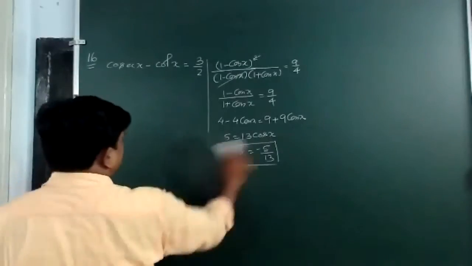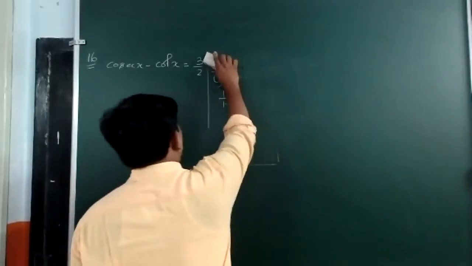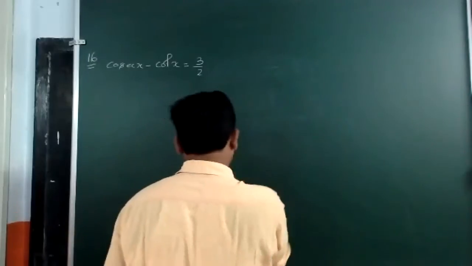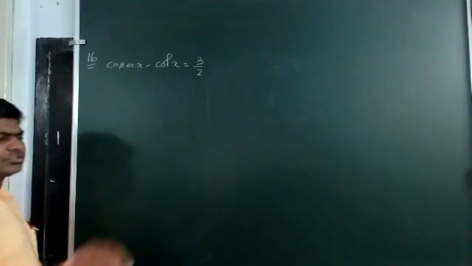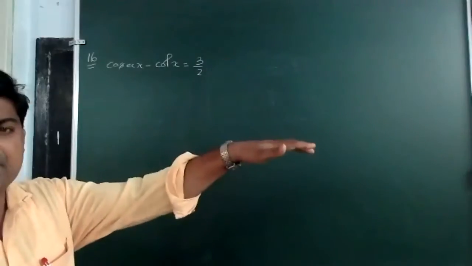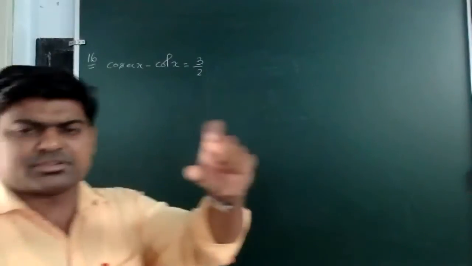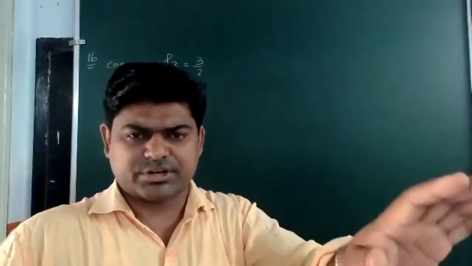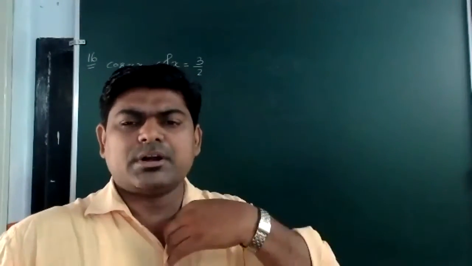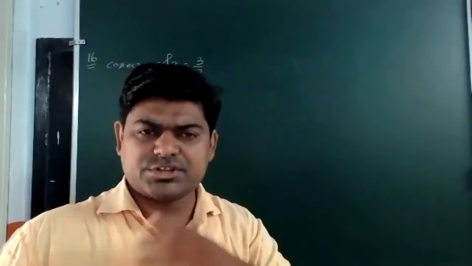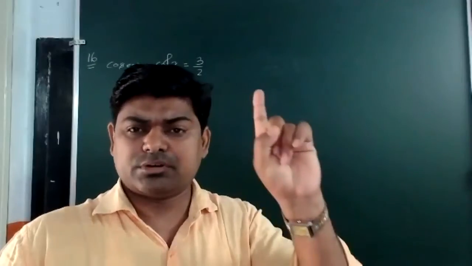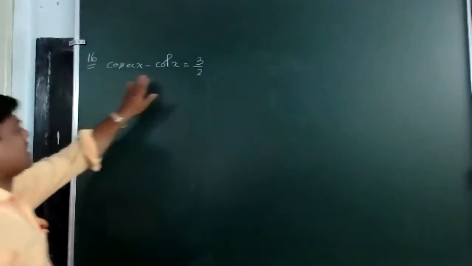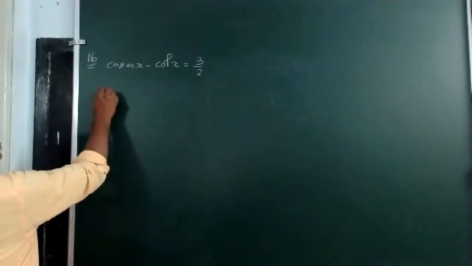I told you just try to find the value of cosec x plus cot x. Here I am having cosec x minus cot x. If I multiply by cosec x plus cot x both sides, it can be done or not? If one equation is there, by the same number we are multiplying both sides. So I am multiplying by cosec x plus cot x. What is the reason behind it? I want to find cosec square minus cot square x. That value will be 1. So here I am having cosec x minus cot x is equal to 3 by 2.